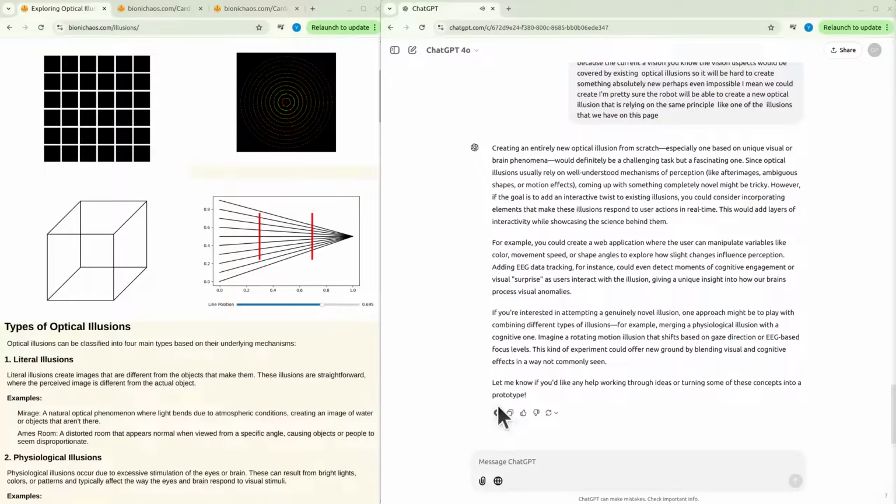Creating an entirely new optical illusion from scratch, especially one based on unique visual or brain phenomena, would definitely be a challenging task, but a fascinating one. Since optical illusions usually rely on well-understood mechanisms of perception, like afterimages, ambiguous shapes, or motion effects, coming up with something completely novel might be tricky. However, if the goal is to add an interactive twist to existing illusions, you could consider incorporating elements that make these illusions respond to user actions in real time. This would